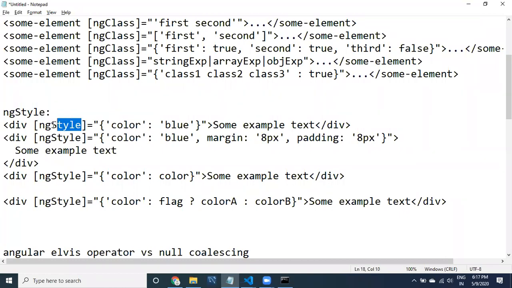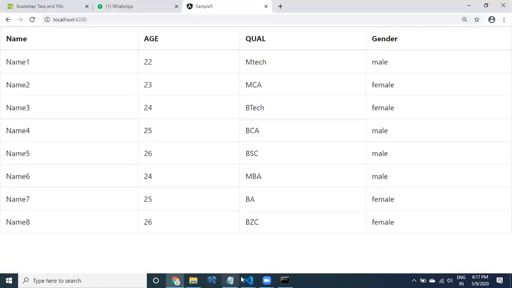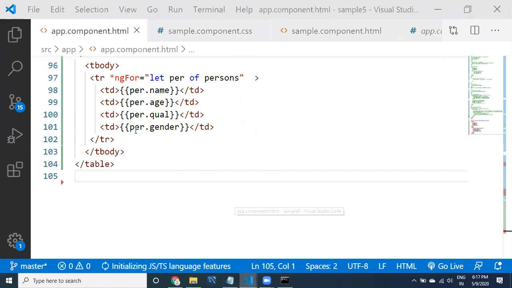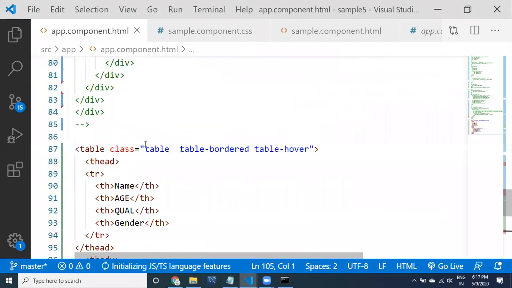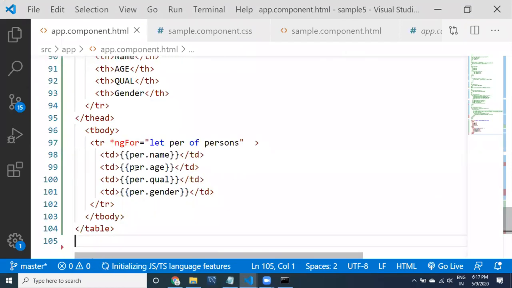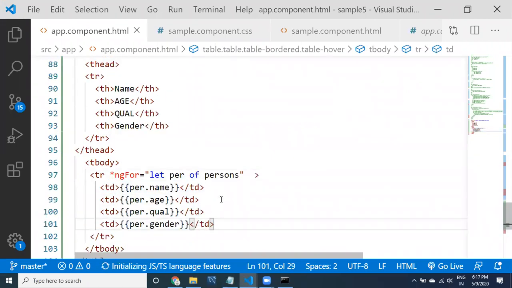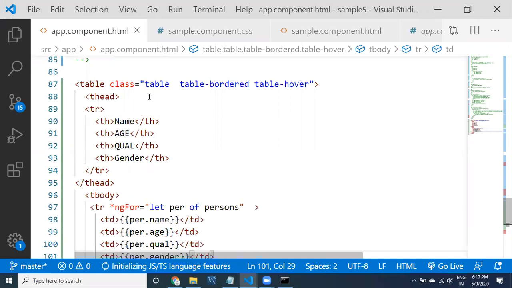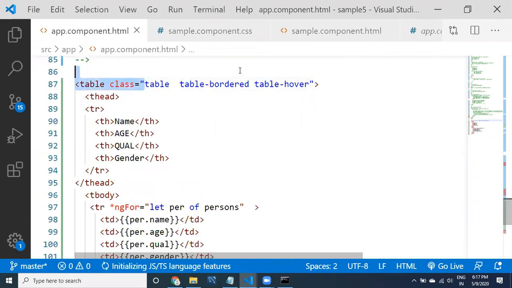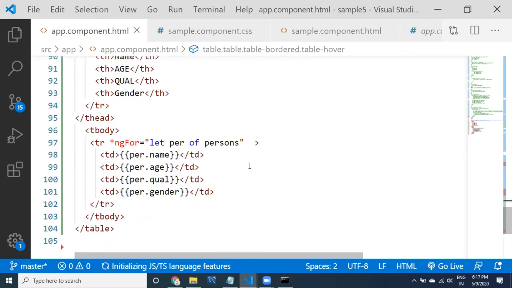Whenever you see ng style, okay, let me apply some style for this thing, guys. For this, no styles are applied, I just removed everything. Only this table has these kinds of classes. Now I want to apply, you can apply a class or you can apply styles, but I just want to show you now how to apply style.